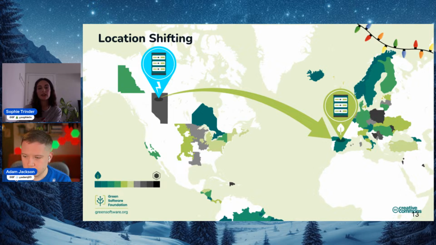So that's time shifting when it comes to carbon awareness, but we've also got location shifting, which is where you can shift your load to a cleaner location. Tasks that are not bound to a specific region or that do not require a lot of data input could be shifted to another cloud region with smaller carbon emissions. And one of our Green Software Foundation's open source projects is called the Carbon Aware SDK. This is a great tool that helps software developers build carbon aware software solutions that use both time and location carbon aware shifting. We'll talk about that a bit more in a bit.